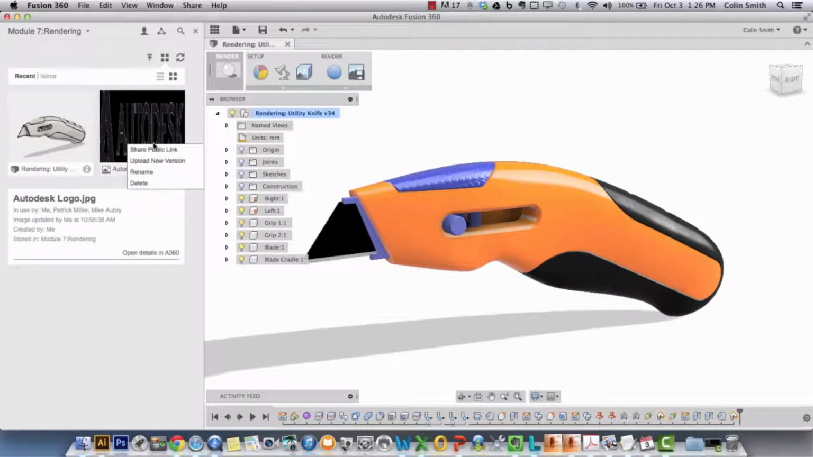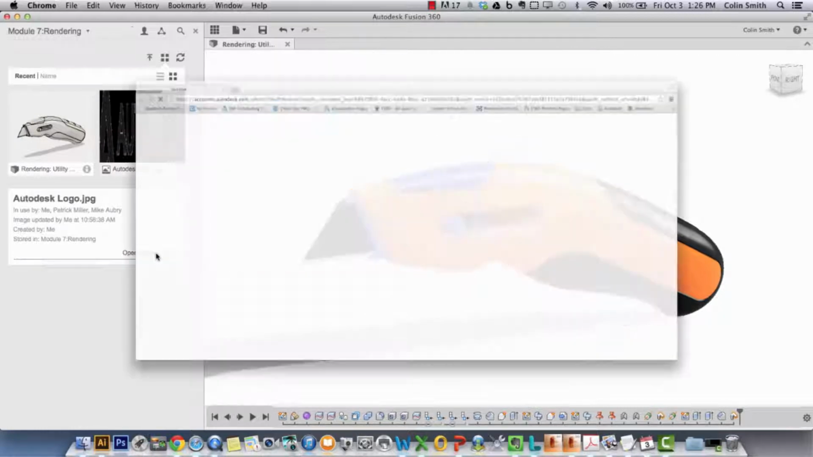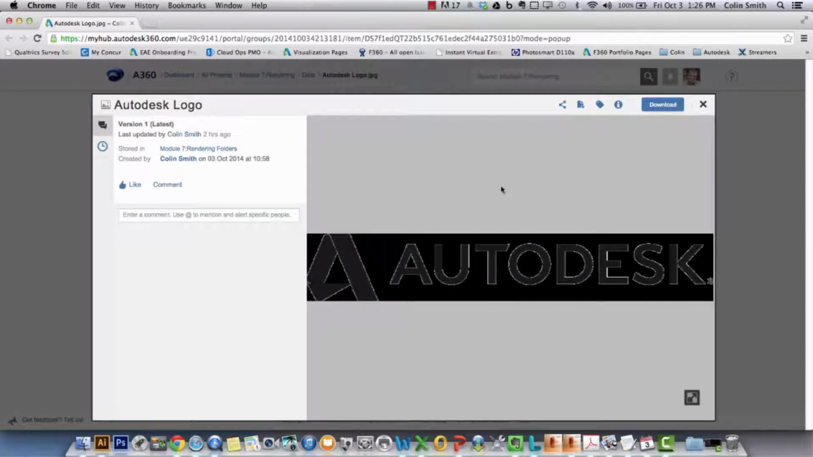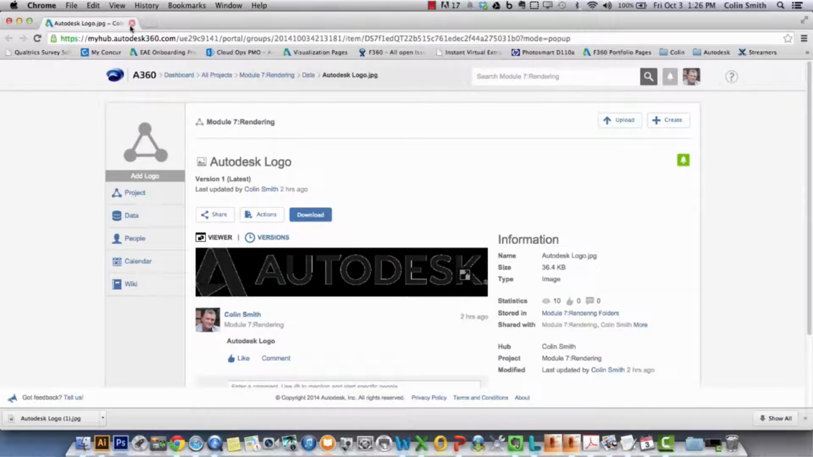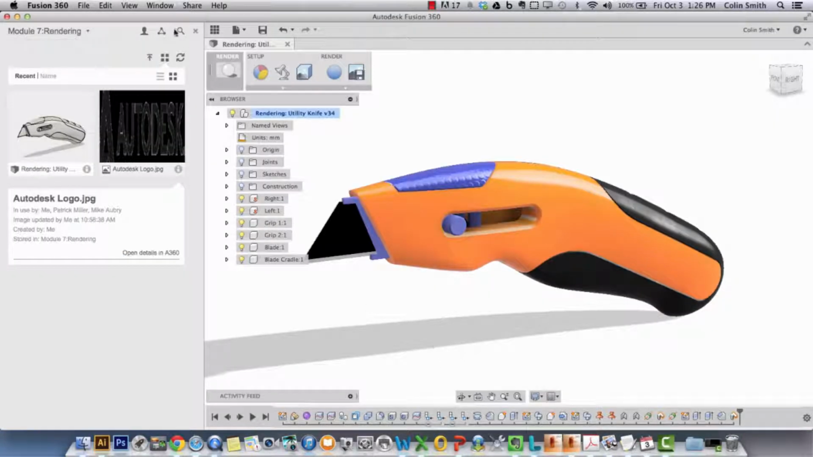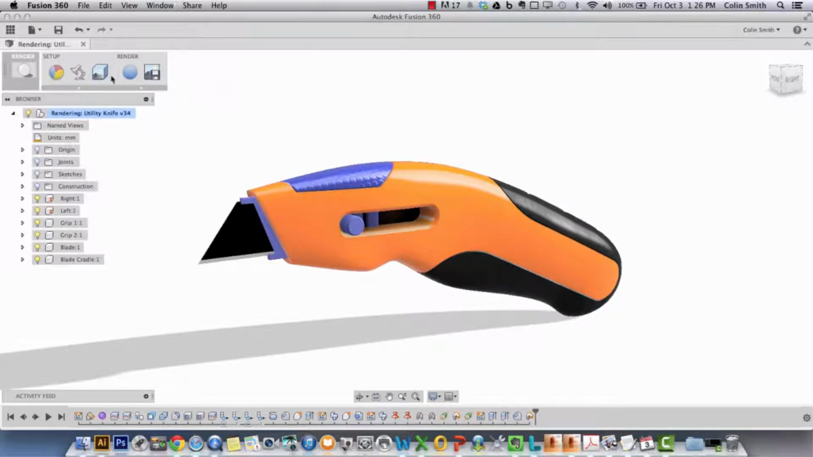and open up the details in the Fusion 360 data panel here. So here we're in A360 and it automatically comes up, and I have the option here to download this image file. So I'm going to download that image file. So here it is, now downloaded. I'm going to close this again, and I'm going to close my data panel, and I'm going to go into